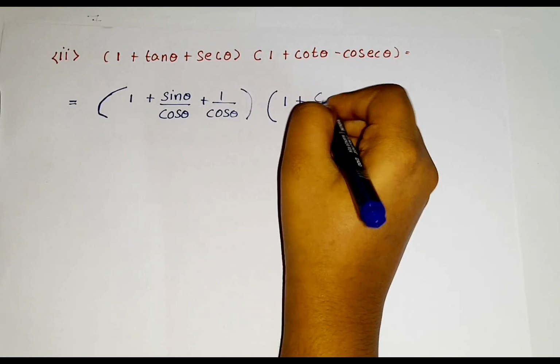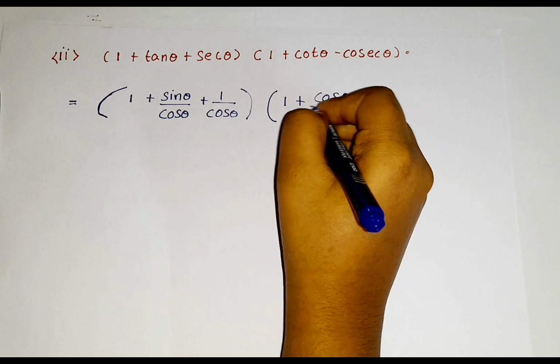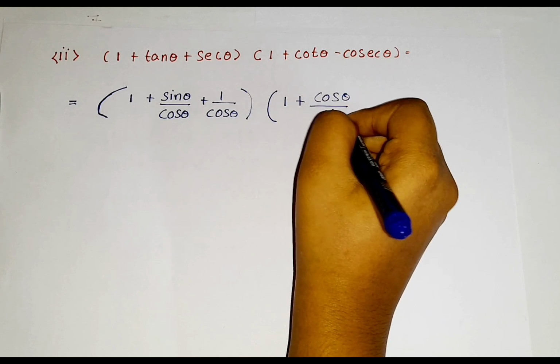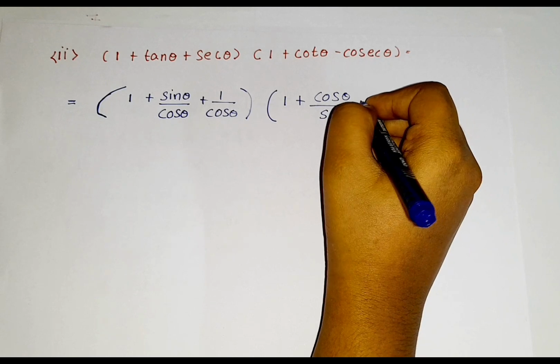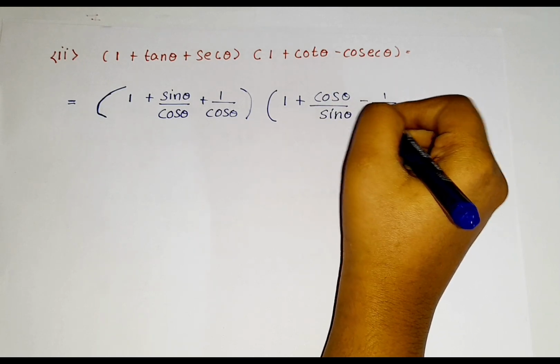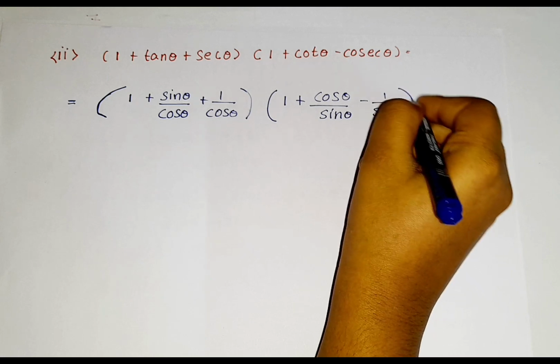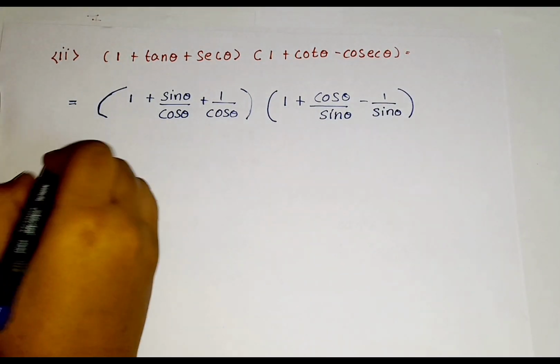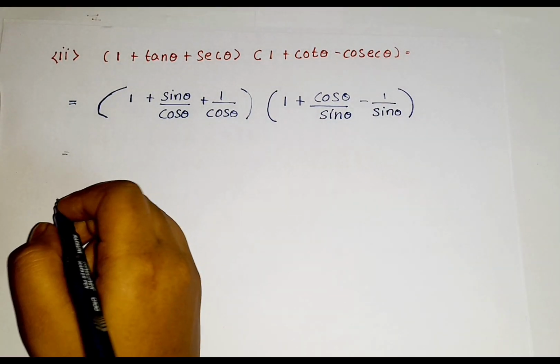The formula is cos theta by sin theta, and then minus cosecant theta. Its value is 1 by sin theta. And close the bracket. Okay, so now what we can do, we can write is equal to, alright, so now